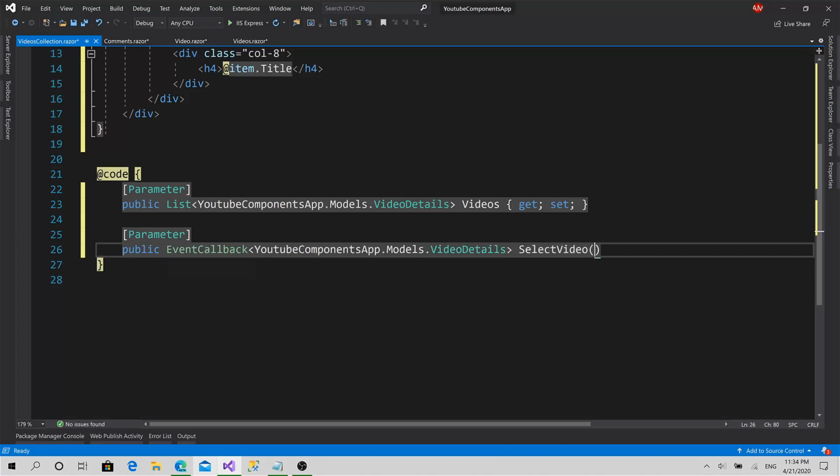It's called video detail get and set. Basically, if you are familiar with C# delegates like Func and Action, EventCallback is very similar. It's the same concept, it's just a delegate for a function. So this one is going to be a method, but what EventCallback contains built in is managing the state